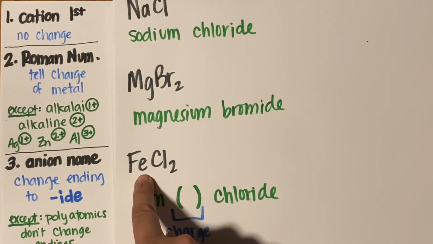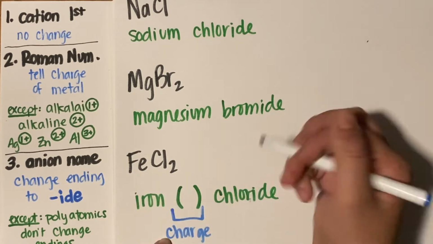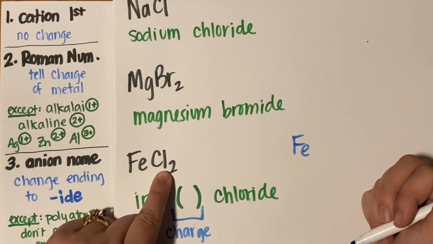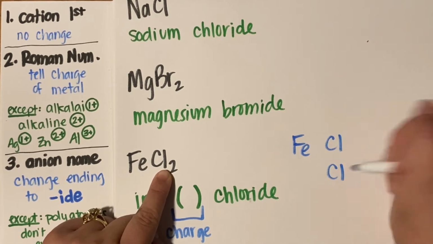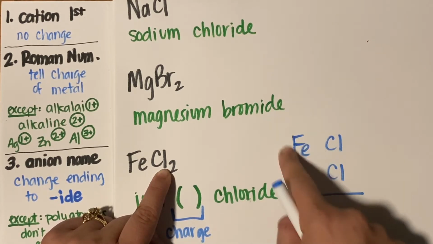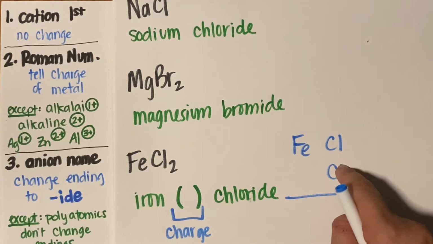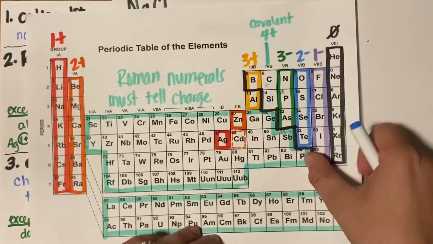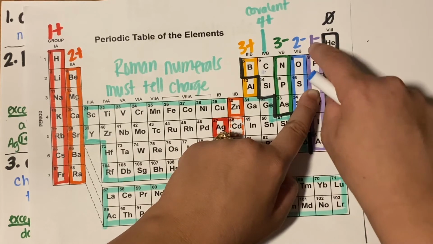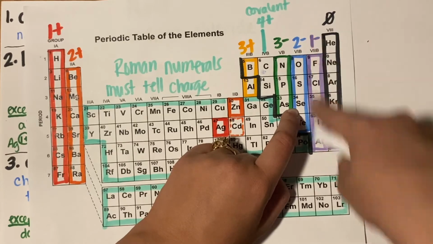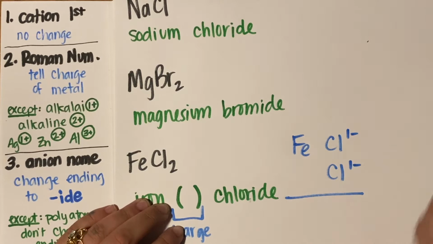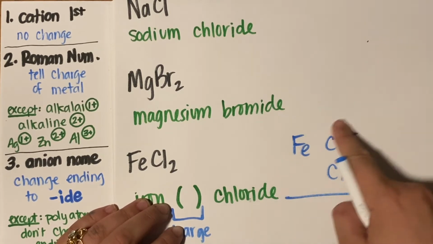So now I need to break it down. Okay, so here we go. I have iron, Fe, and I have 2 chlorines, Cl and Cl. This is how I like to break it down. Now, I need to work backwards to figure out the charge of my iron. I know for sure that each of these chlorines is going to have a 1- charge, because chlorine is a halogen. Halogens will have a 1- charge. So I know that these chlorines have a 1- charge, which means I know that in total,